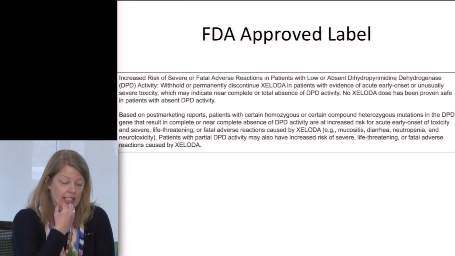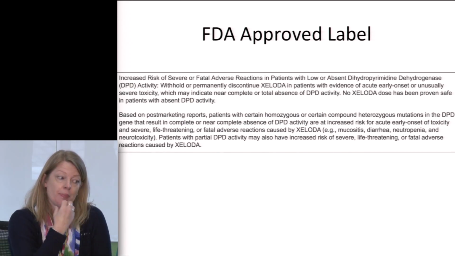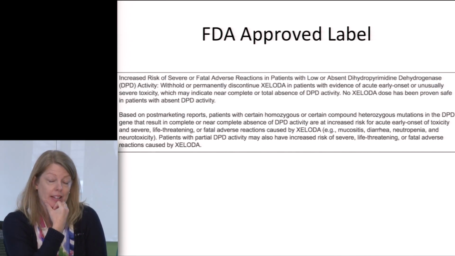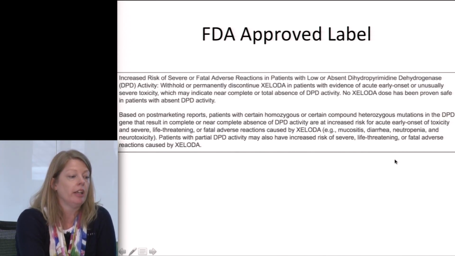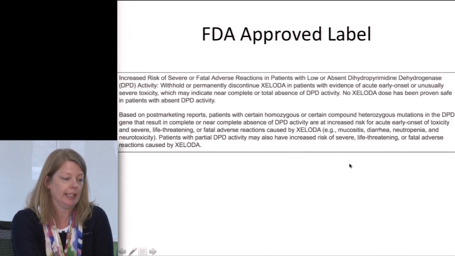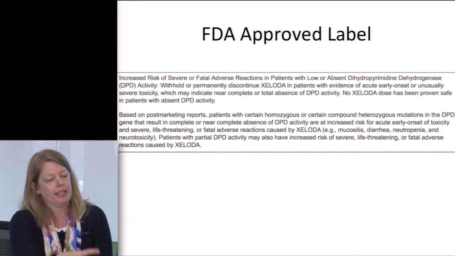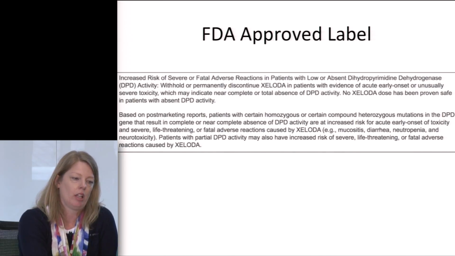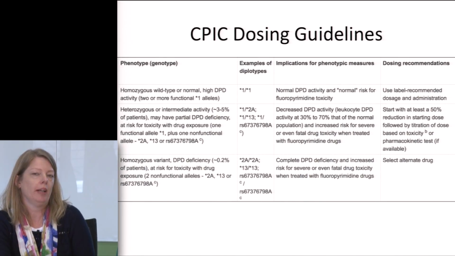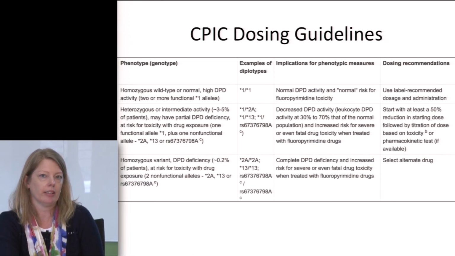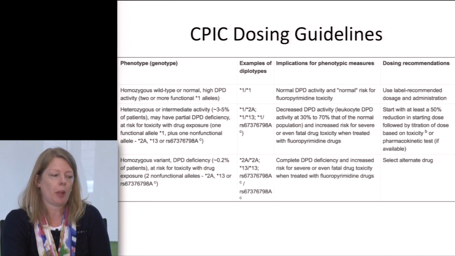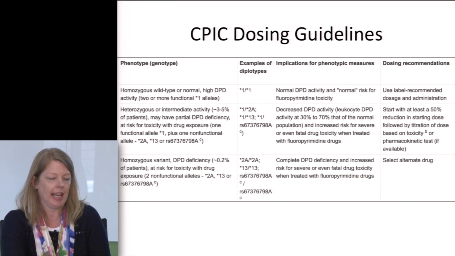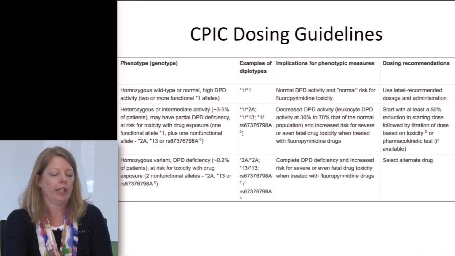So that's kind of interesting that even though they acknowledge the fact that there's no dose safe for people that are missing that enzyme activity altogether, they still don't make an actual recommendation for it, but they do give some information about the fact that you must monitor people very closely and that people with decreased activity are at increased risk. So the CPIC group wrote dosing guidelines regarding this gene and drug, and they took it a step further. So they do recommend, if you have the genotypes already in hand, that you should be using those when dosing